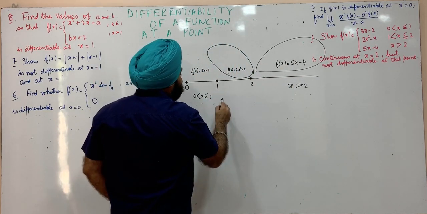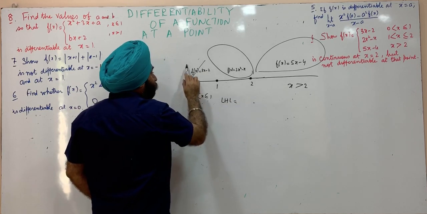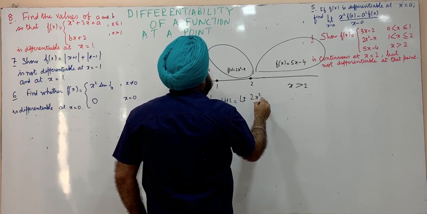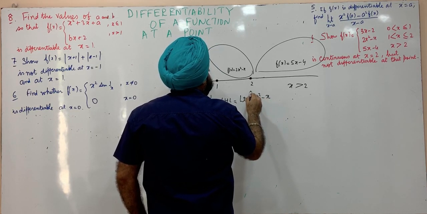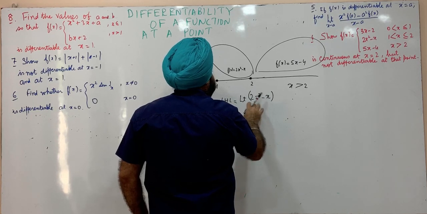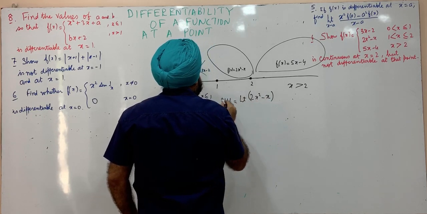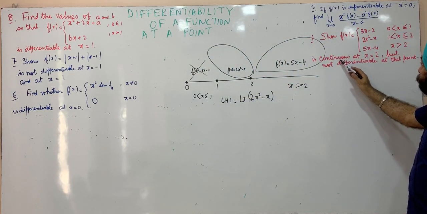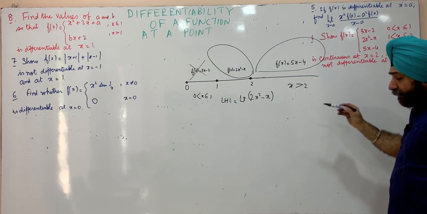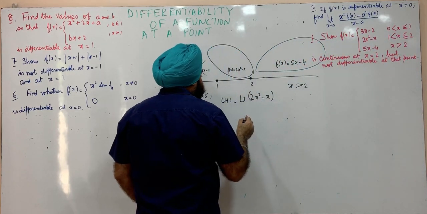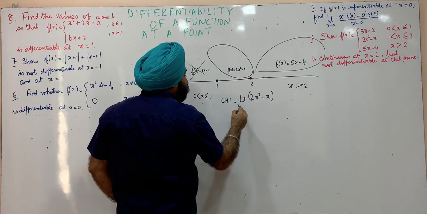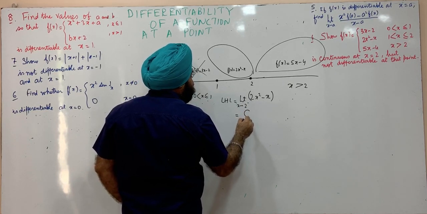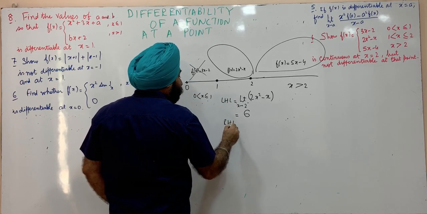So this will give us the left hand limit. This will not be used here. Left hand limit, this is limit of 2x square minus x. So there are two questions in it. We have to check continuity and differentiability. So for continuity we find out the left hand limit, as x approaches 2 minus. So that will be 6, and we find out the right hand limit.